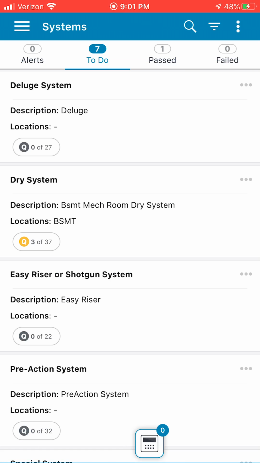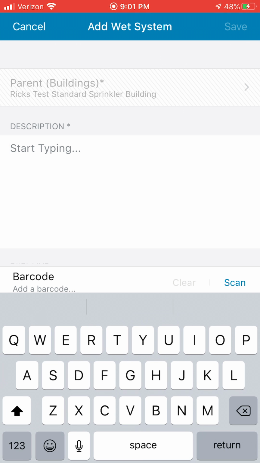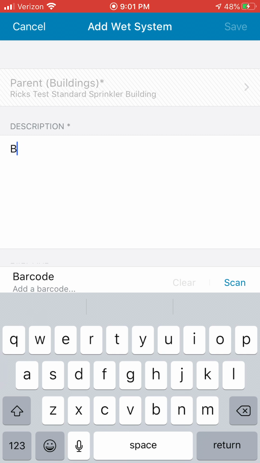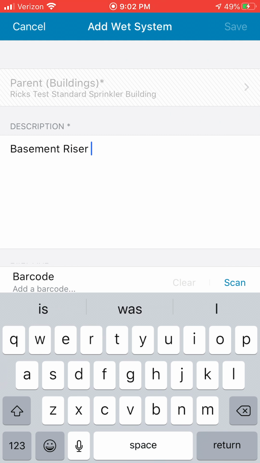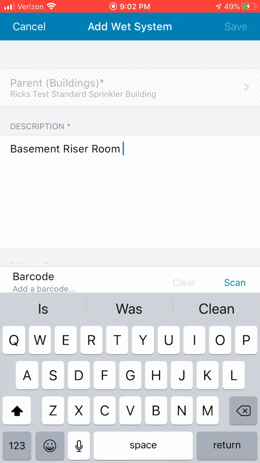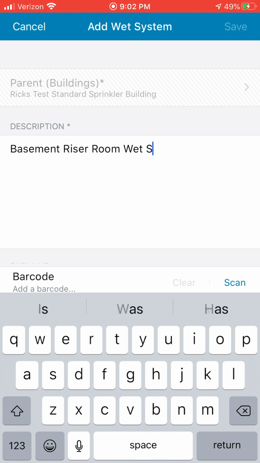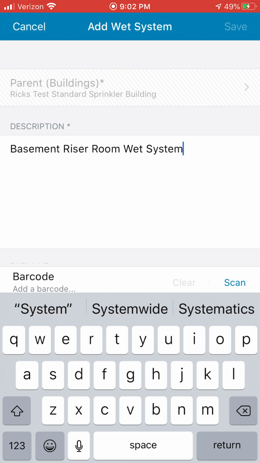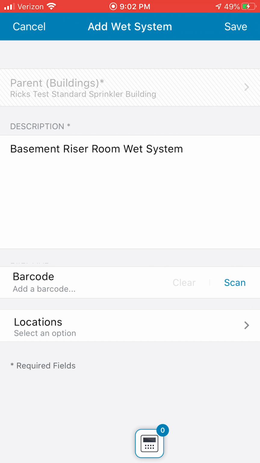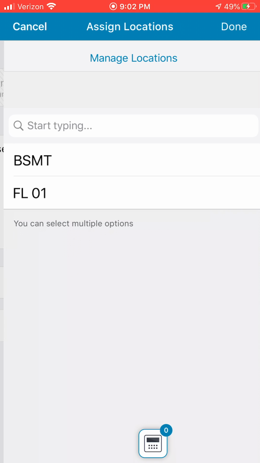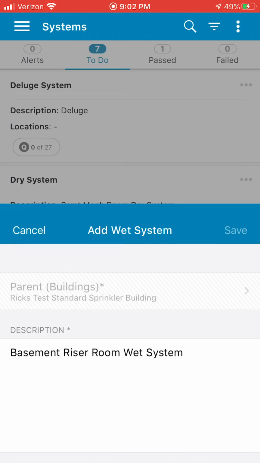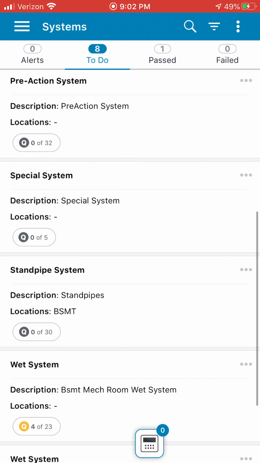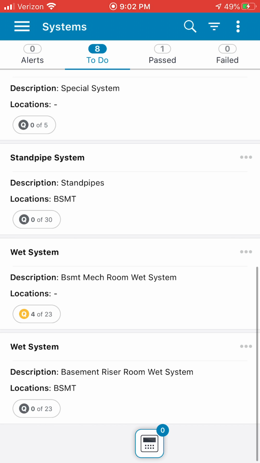I'll select next. And my description, I'll say it's basement riser room wet system. Okay, if I have a barcode, I would put that in there. If I have a location, I would select this, and I'm going to select basement, and done. Okay, I'm going to save that, and now I've got this new wet system, the basement riser room wet system